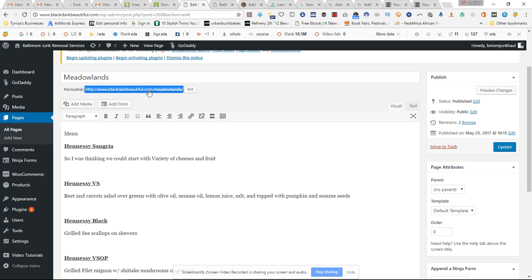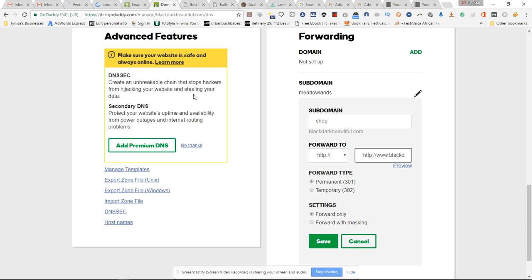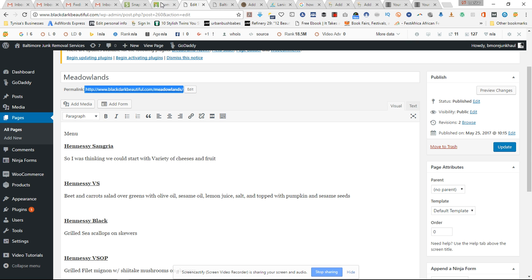So you took this permalink here, and now you're going to use it for forwarding here. So when people type in shop.blackdarkbeautiful.com, they'll be forwarded to the real address, which is this permalink right here, but they're not going to see this permalink, because the goal is